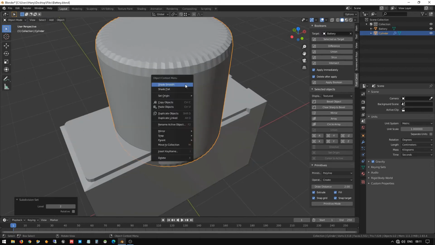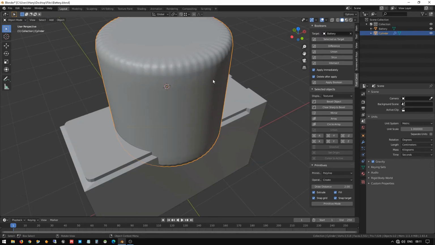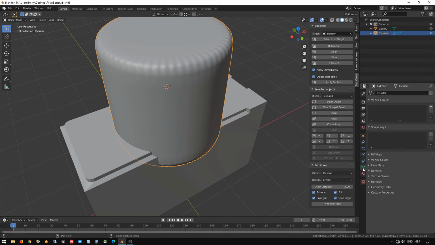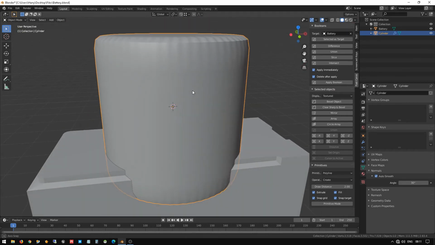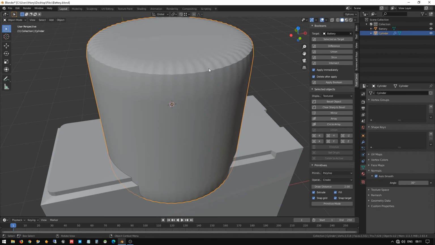So I click shade smooth again and press. You can see in this tool there is one triangle shape green color icon. You can go to that and go to normals, click auto smooth. So now we can see this corner is not much smooth because we have not added a vertex on top of the cylinder.